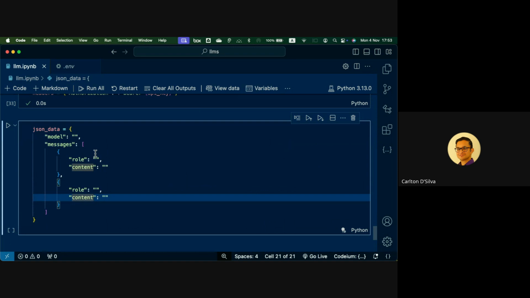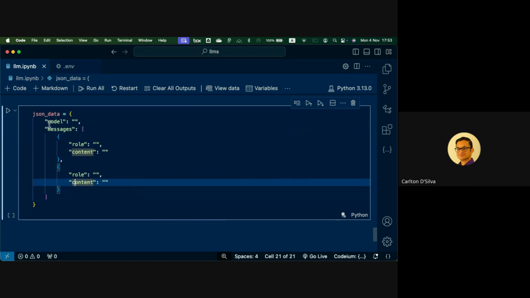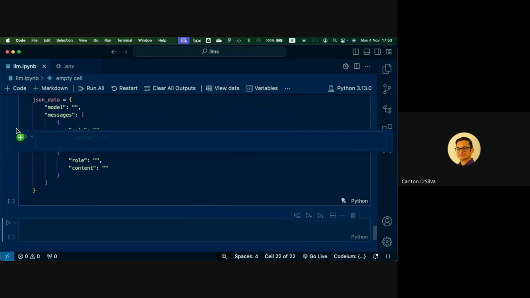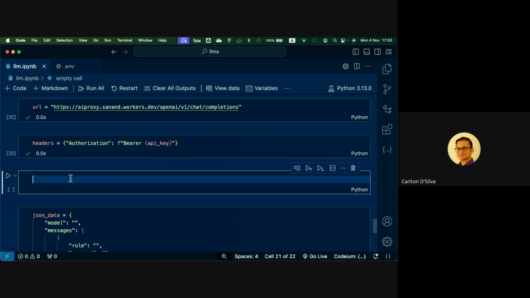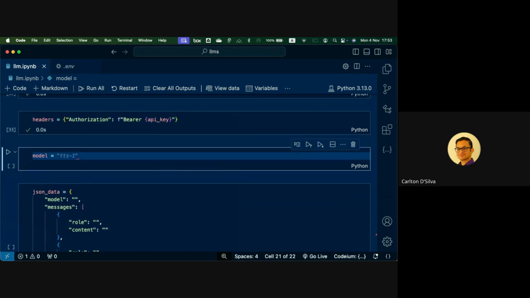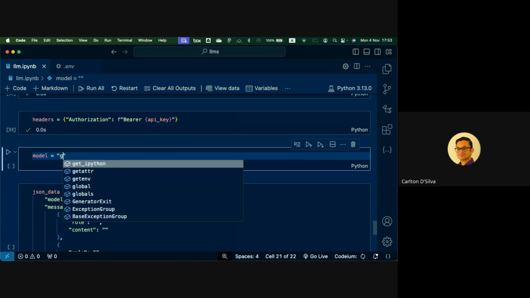Now let's talk about model. In fact, I'll put this above here because we want to send it beforehand. This is where you will decide what model to use. If you look at the instructions in the documentation for Anand's server, he said for chat completions use GPT 4.0 mini. So that's what we will do.